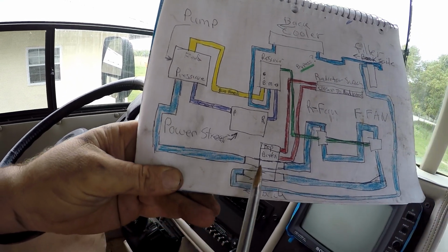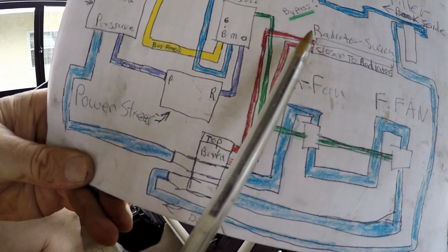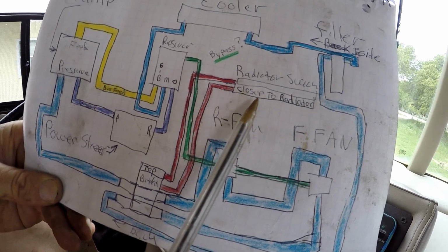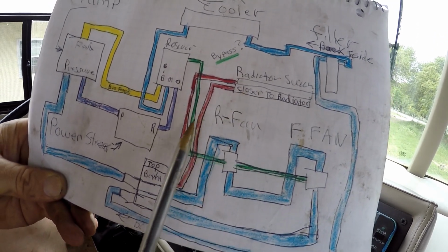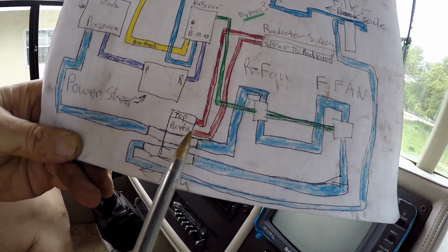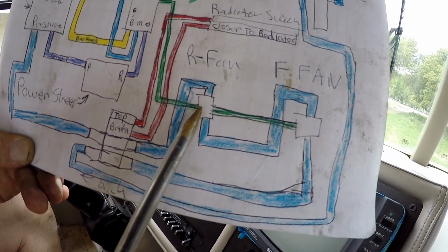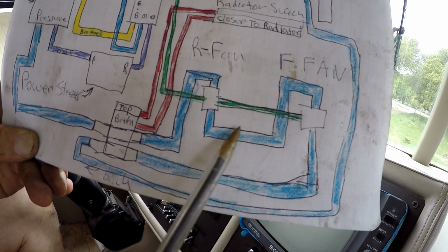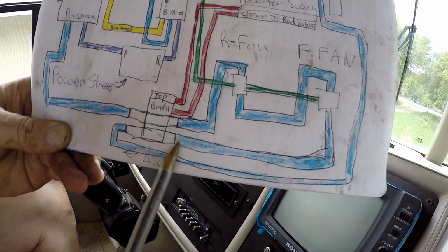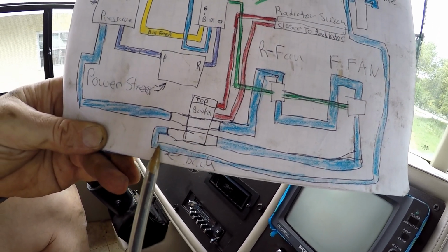It goes down to some sort of valve at the bottom, where it's got two lines that go to the radiator. The radiator switch, I just labeled which one was closer to the wall or to the radiator so I could know which one was which. There are two small lines, some of them chafed, that we're probably going to have to replace. But anyways, it goes straight through that valve to the top of one fan, and then out the bottom, and then to the top of the other fan, and then out the bottom, then back through that switch again, whatever it is, I'll have to figure that out, and then back out of the switch,